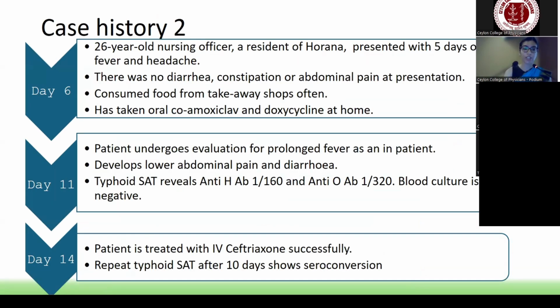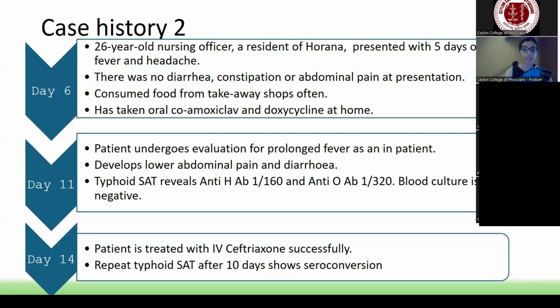A 26-year-old nursing officer, a resident of Coroner, presented with 5 days of fever and headache. There was no diarrhea, constipation, or abdominal pain at presentation. She consumed food from takeaway shops often. She had taken oral co-amoxiclav and doxycycline at home. The patient underwent evaluation for prolonged fever as an inpatient and on day 11 developed lower abdominal pain and diarrhea